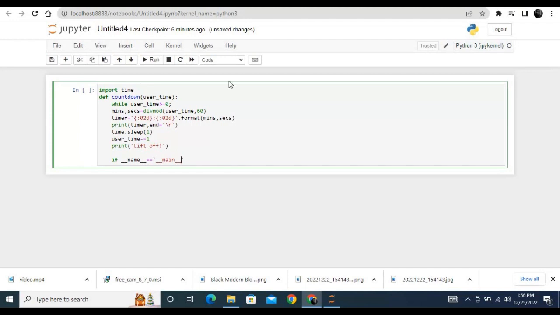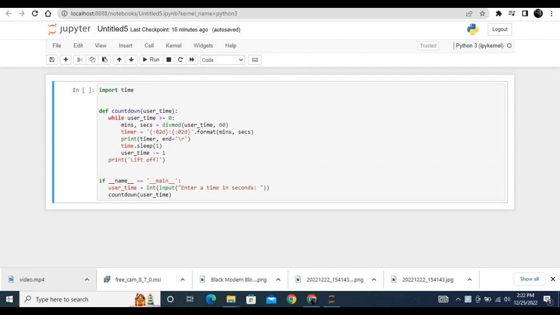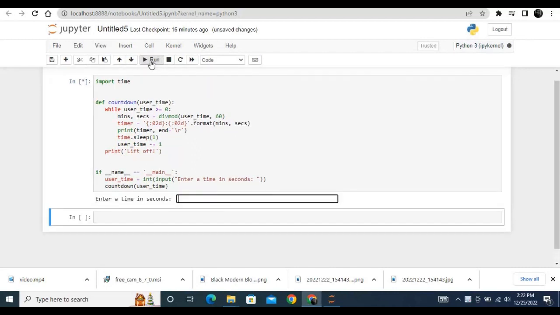Now this. So after coding this whole code, we have to run it for a while just to check